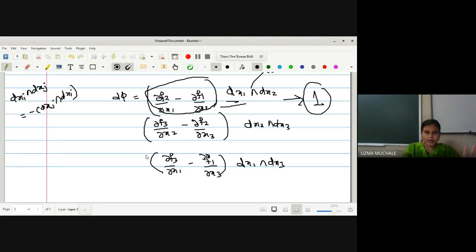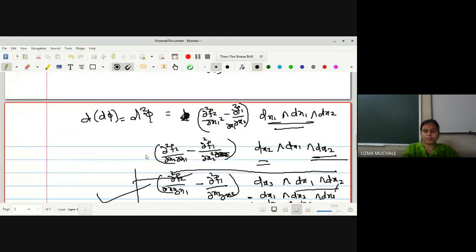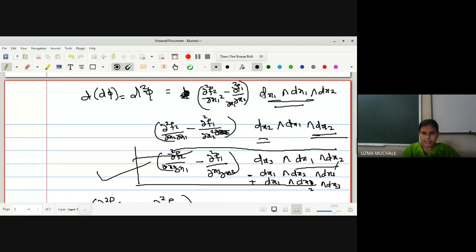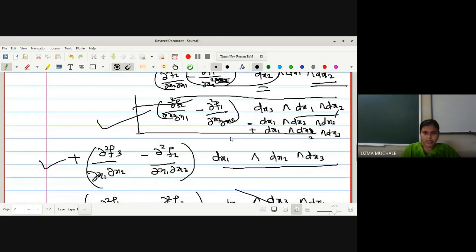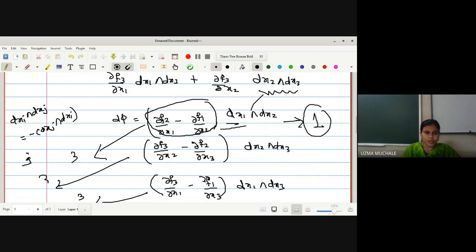Okay, if you want to find d2 phi, what do you have to do? You have to evaluate one more derivative. So at that time again you can see here firstly wedge product with x1, then x2 and x3. Because here the x1 x2 term is already there, the wedge product of these two will be 0. So these two terms are 0. Okay, so we are remaining with only the last term. And this will happen for every term, because your first term, if you evaluate it by d2 phi, you will get 3 terms, here 3 + 3, so total 9 terms you get. Out of 9 terms, 6 terms are 0.